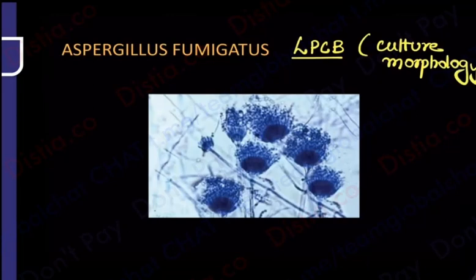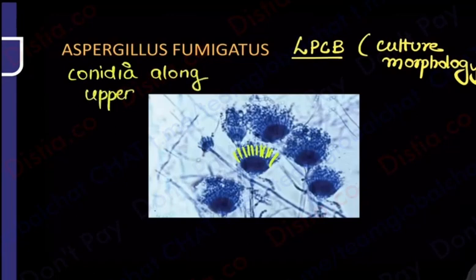Having said that, what do we move on to next? Look at this. Can you see this vesicle? There is a conical vesicle, and all those medullae and conidia we were talking about are all on top of it. But please remember one thing, now comes the real deal, and if you solve this, most of your questions in your Q bank are solved. Where do you see the conidia and the medullae? Are they arising from all around or only from the upper part of the vesicle? So remember, the conidia are going to be present along the upper part of the vesicle.